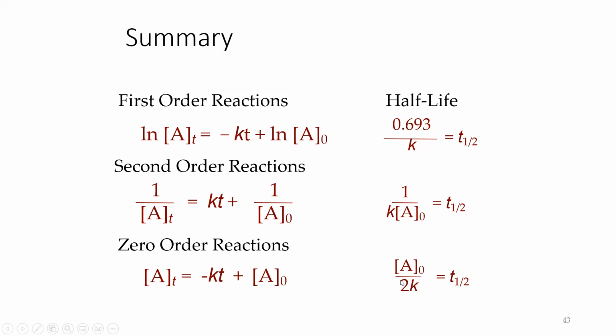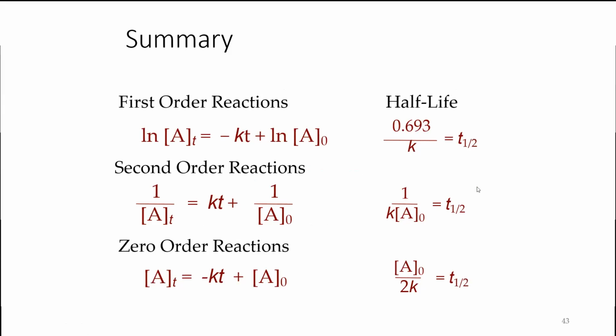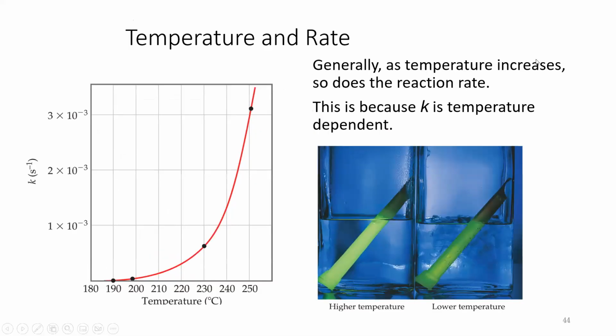And again, with these ones, even if we don't remember what these equations are for the half-life, if we've got the integrated rate law, we can always just change the concentration at time t to 0.5 times the initial concentration, and then just go through that rearrangement to isolate the half-life time by itself, like we have for all 3 of these. And then that seems like a good spot just to